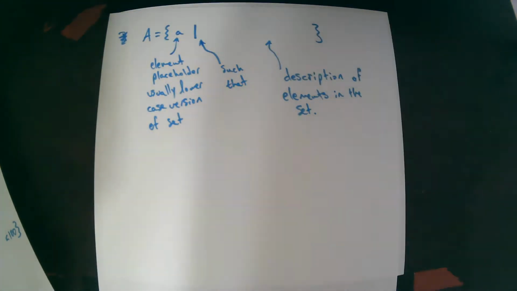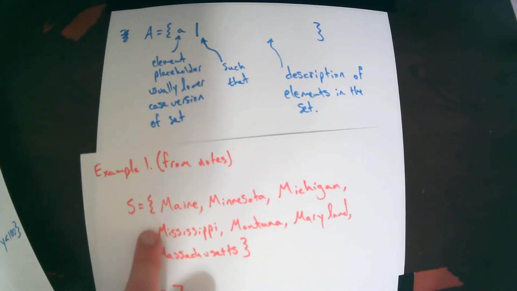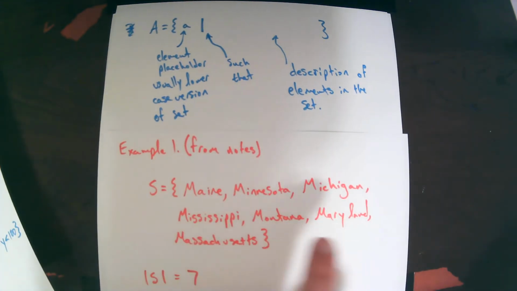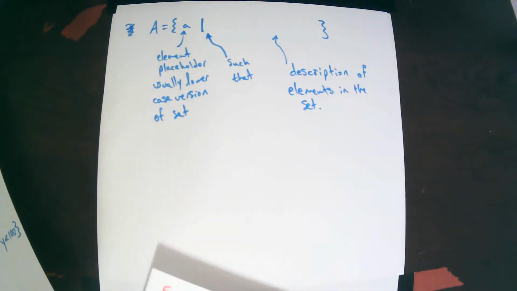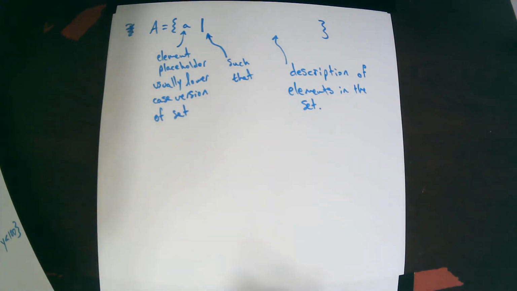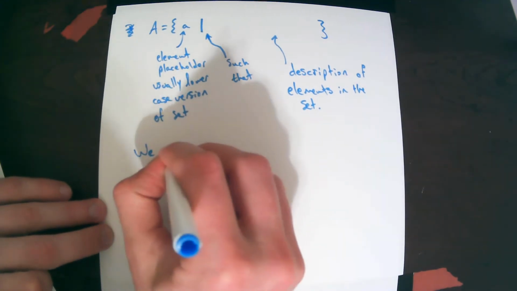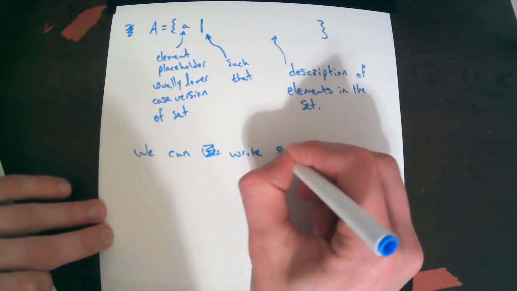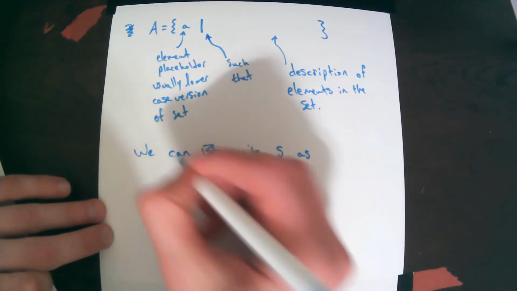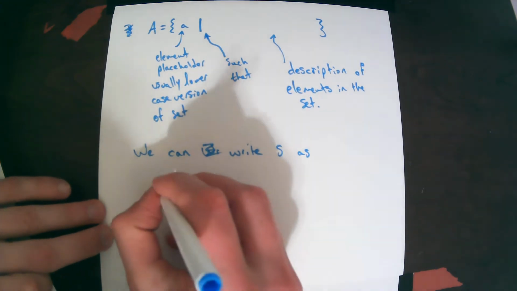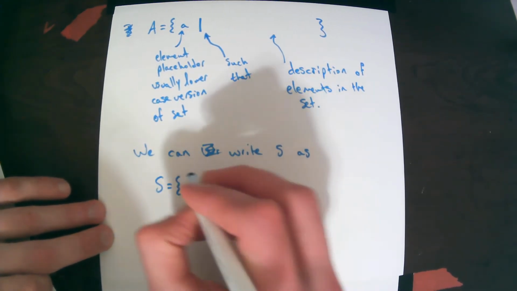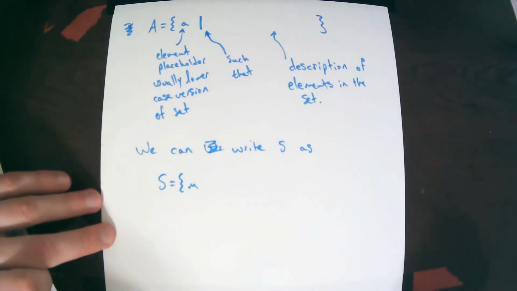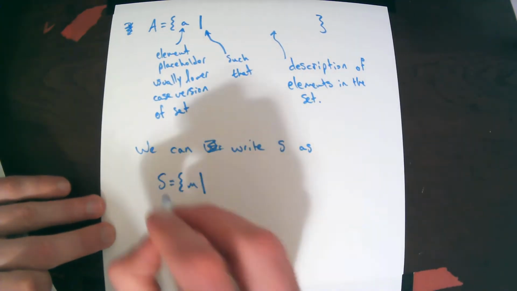from example 1 from the notes, S is the set of all states that start with an M. Remember that. We can write that S as, so I'm calling back to that S from earlier. S is equal to, maybe instead of a little s here, I'll use M for the states, the states that start with M, and I'll say such that